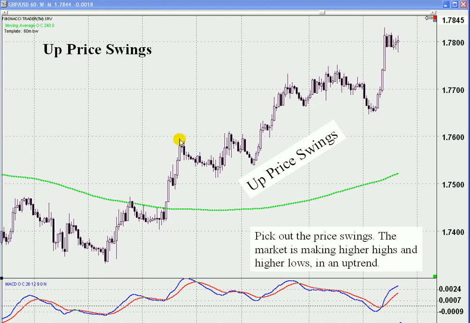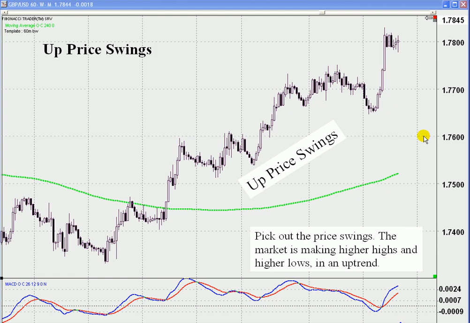Here we see prices making higher highs and higher lows. Sometimes we have these consolidations that can confuse us, but price makes a marginally higher high, marginally higher low, and then the trend continues. The trend slows here, but still we have a marginally higher high, marginally higher low, and then we see how price here makes a lower low, but continues to make a higher high. We have small price swings inside of larger price swings, and the best way to learn this is simply by